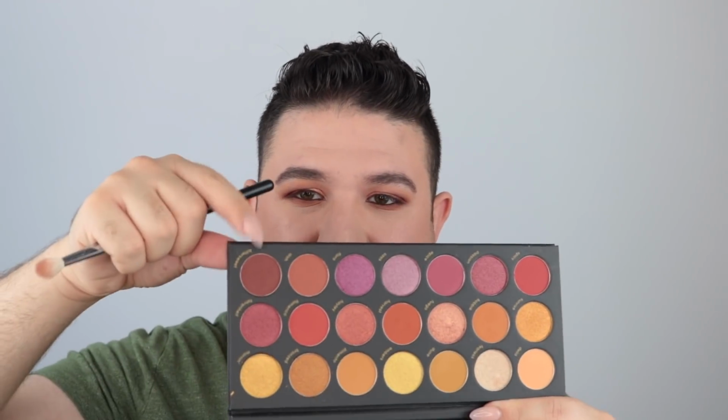Then going into a slightly fluffier, longer brush, I'm going to go into Bobby, that transition shade we used. And I'm basically going to use that to blend from inner corner all the way to outer corner, blending all of those colors into each other. Then going into a fluffy brush with a tiny bit of that Bittersweet shade, such a small amount, I'm going to look down and look up with my eye and really just buff on the corner of the eye just to smoke that out. And then with that same brush, I'm going to connect it